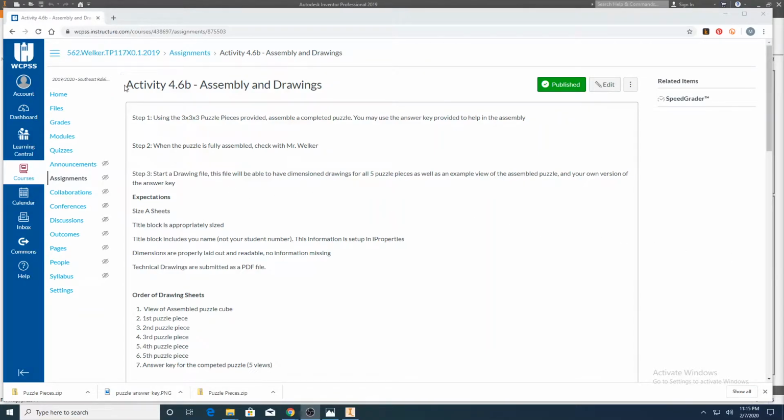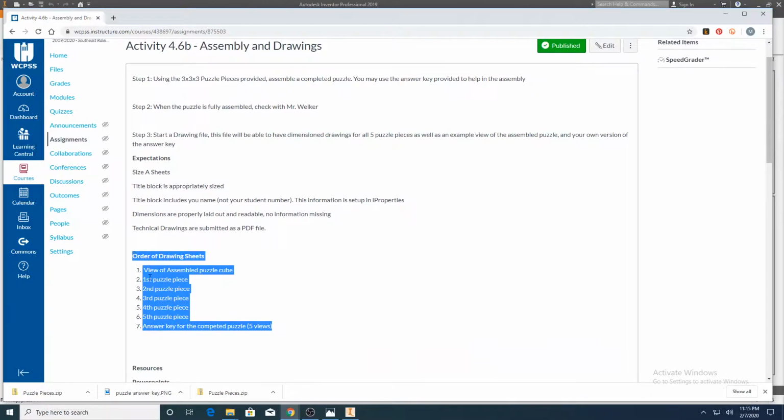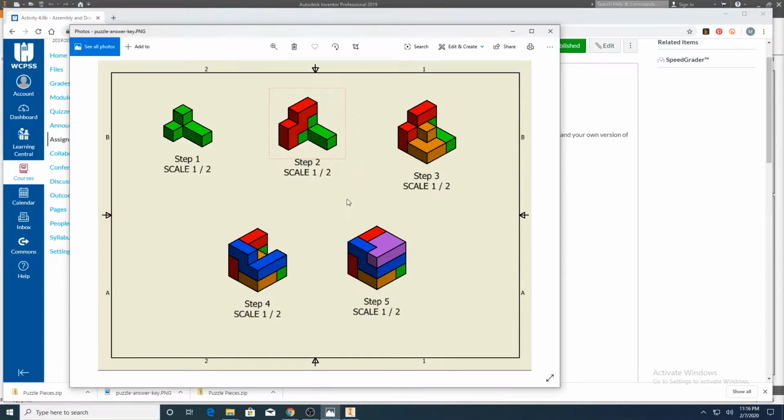Welcome back, class. In this video of the puzzle cube assignment, we're going to take a look at how to deal with the drawings. Specifically for this assignment, you're going to be turning in a PDF file with 7 pages: one for the view of the puzzle piece assembled, one of each of the 5 puzzle pieces with their dimensional drawings, and then a final page for the answer key, very similar to what you used to do for the